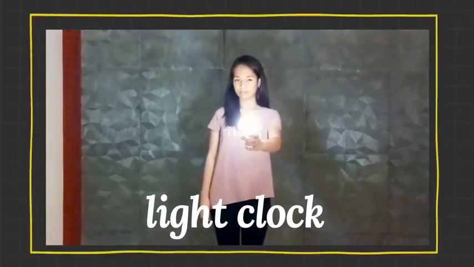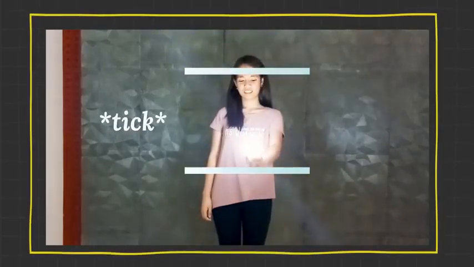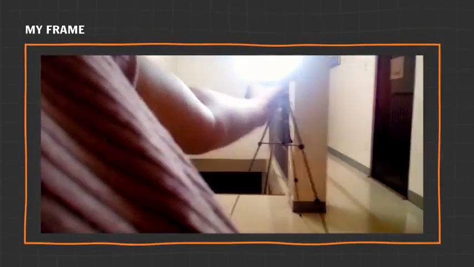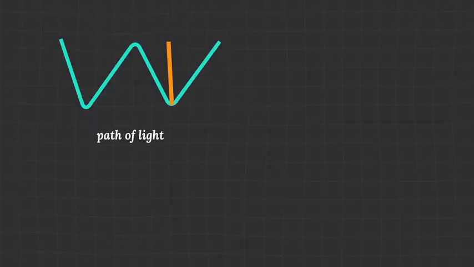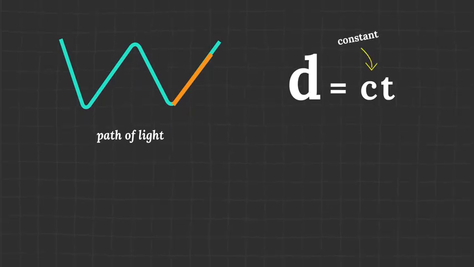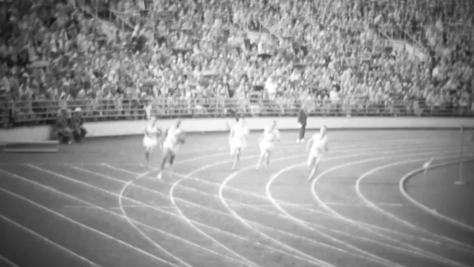Consider a light clock with two mirrors and a photon bouncing between them. Every time the photon hits the bottom mirror, it's one tick of time. So when I start moving, I see it travel in vertical lines. But from your stationary frame, it travels in V's. So since the photon has to travel a longer distance and the speed of light is constant, each tick takes longer relative to you. So moving clocks run slower, and the faster you run, the slower your clock ticks.